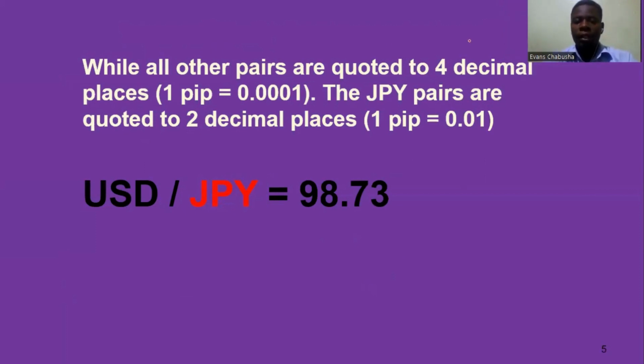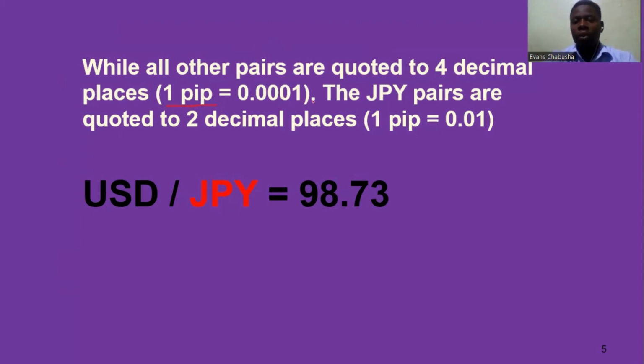That being said, you'll find that the JPY pairs are the exception. Of course, there are some others, but the ones we will be focusing on are the JPY pairs. All other pairs are quoted to 4 decimal places. When a pair is quoted to 4 decimal places, 1 pip of that pair will be equal to